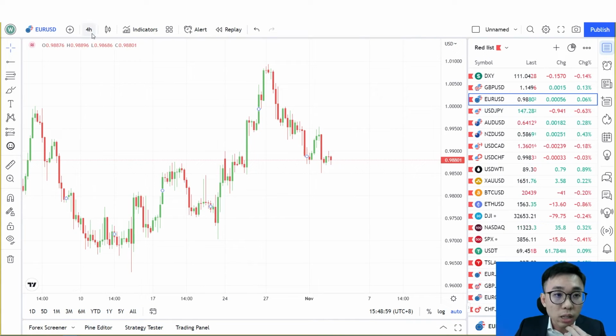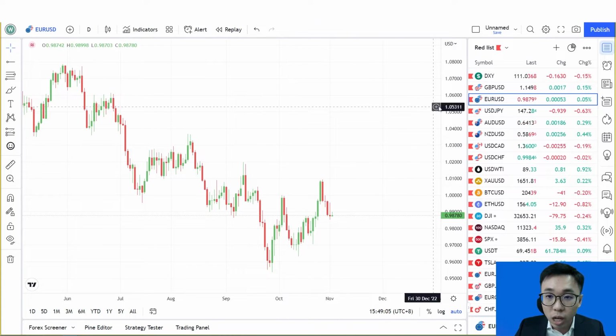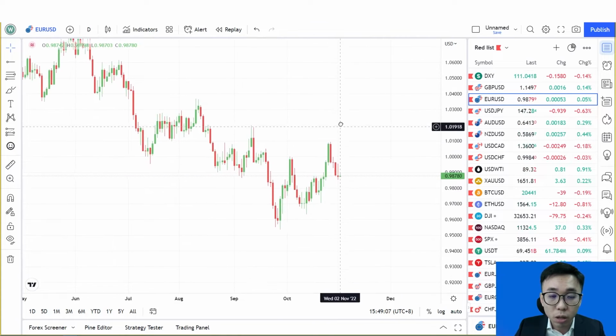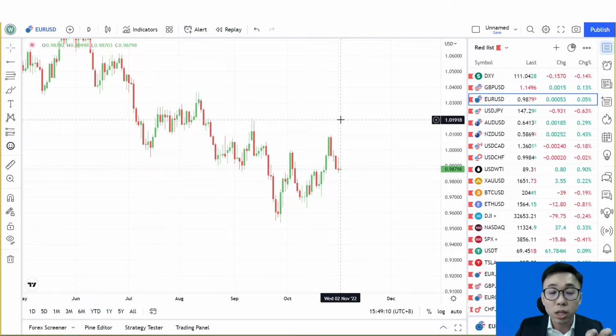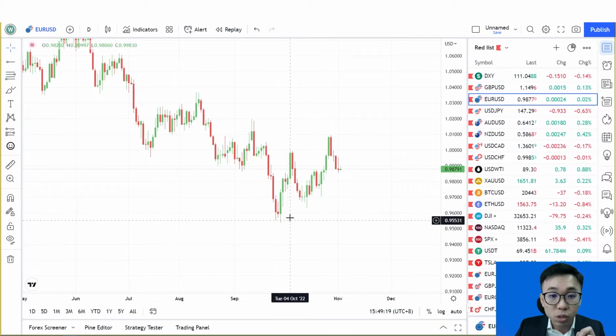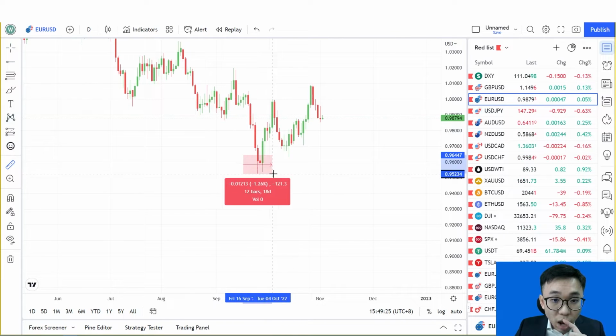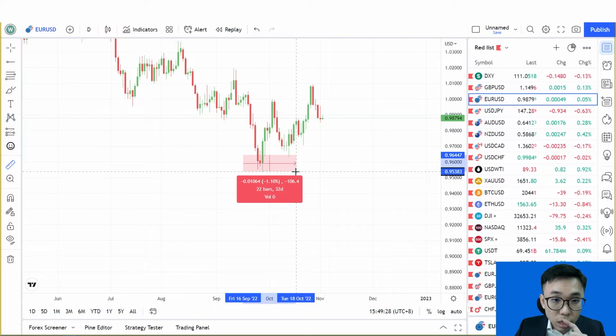So let's actually zoom out from this 4-hour chart and look at the daily chart for a minute. As you can see here, why do I emphasize looking at price action is because sometimes price action can give us certain hints about where it's going to head next. So for example, right now we're going to look at this price action over here with these 3 candlesticks. As you can see, these 3 candlesticks actually show that it is trying to break out from the support level at around